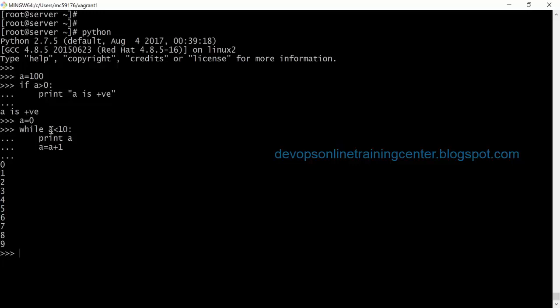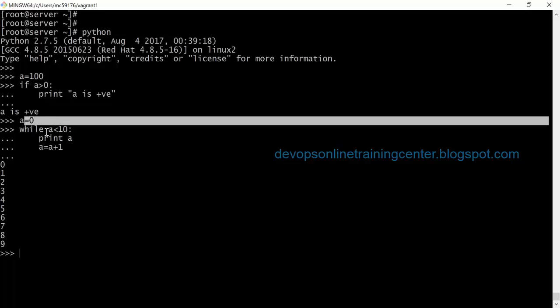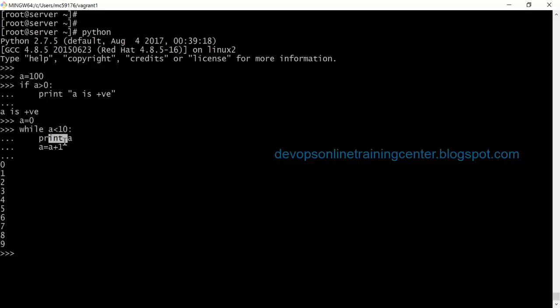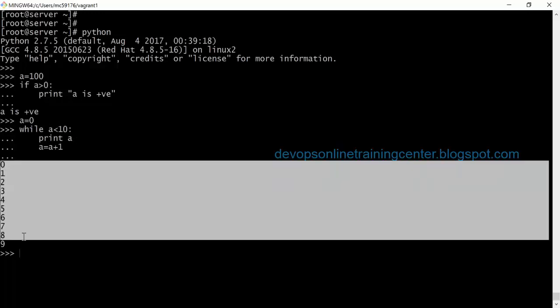So the A value is 0 in the first iteration. 0 is less than 10 is true, so it enters the loop. Initialization, condition checking, increment or decrement. Then it printed A. So this loop will repeat till this condition becomes false. When the A value becomes 10, 10 less than 10 is false. That's why the loop came out.